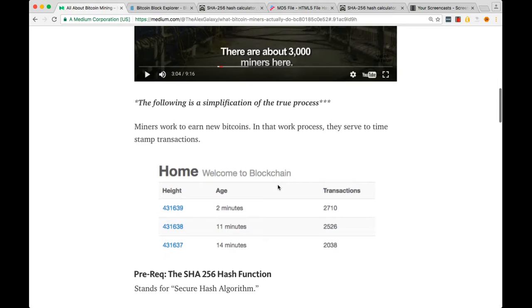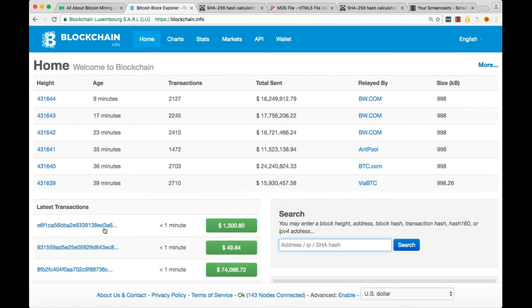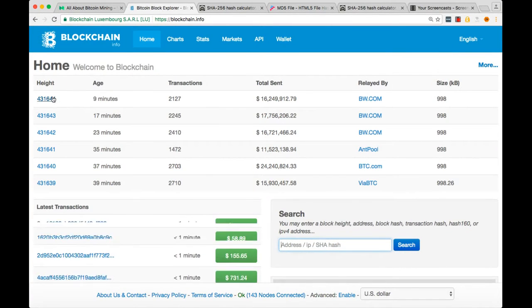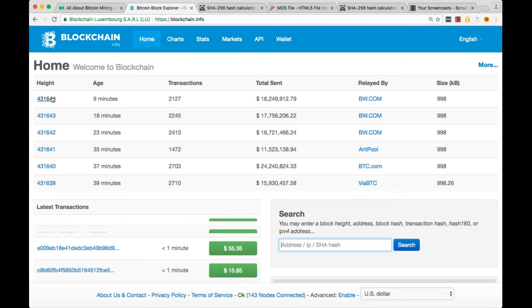There's a few blockchain explorers, like blockchain.info, and this is a screenshot that shows 3 recent blocks that were mined 2 minutes ago, 11 minutes ago, and 14 minutes ago. It also shows the number of transactions in each block, and we can go into and see this live. Here are the live transactions. And if we go into this most recent block, which was mined 9 minutes ago by bw.com,